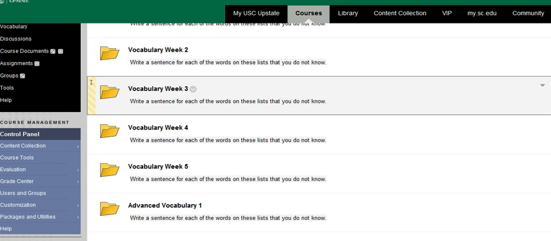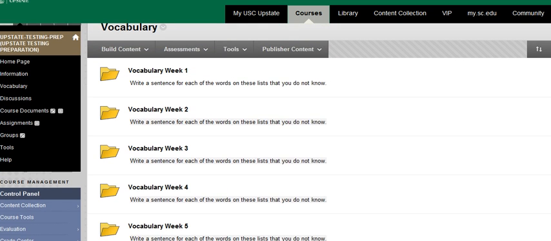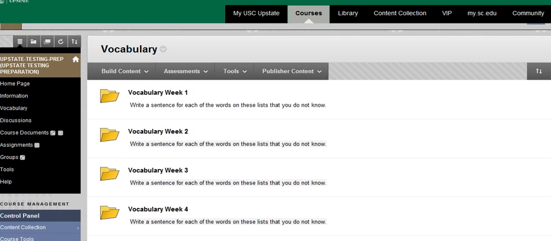ETS actually gives out the old vocabulary lists, and they tend to recycle a lot of the same stuff. So if you can study the old lists pretty well, then you get a pretty good idea of what those lists are going to be for the upcoming tests.